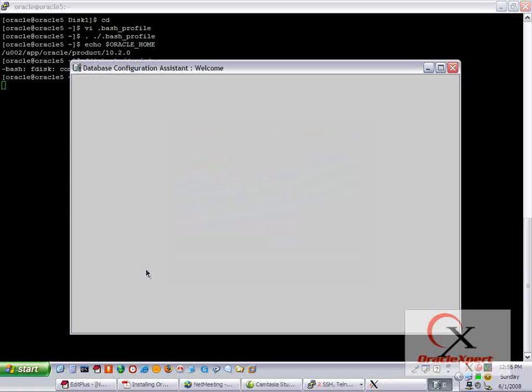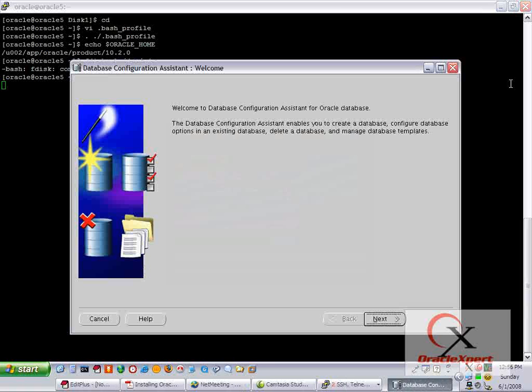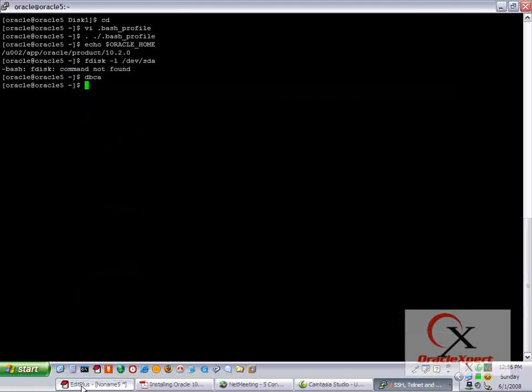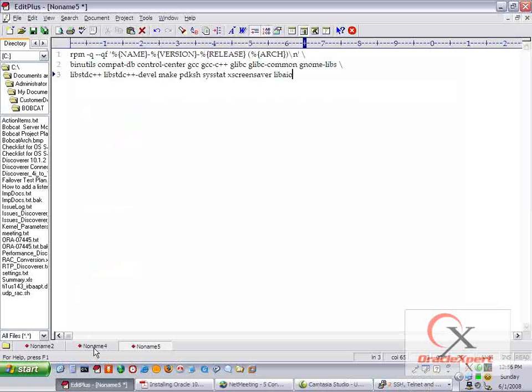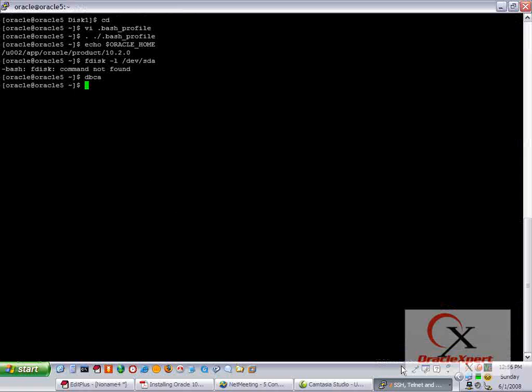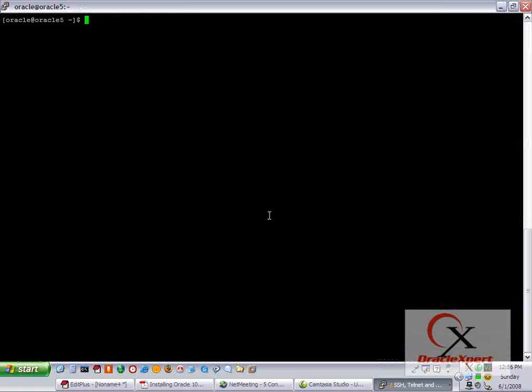Before we do that, there are certain prerequisite steps that we are not yet done with. We just have the partitions, which are unformatted, but some of the steps that we should be doing are changing the permissions and binding them as raw devices with the block devices. The problem with Linux is that Linux does not natively support raw devices nowadays. So if I go